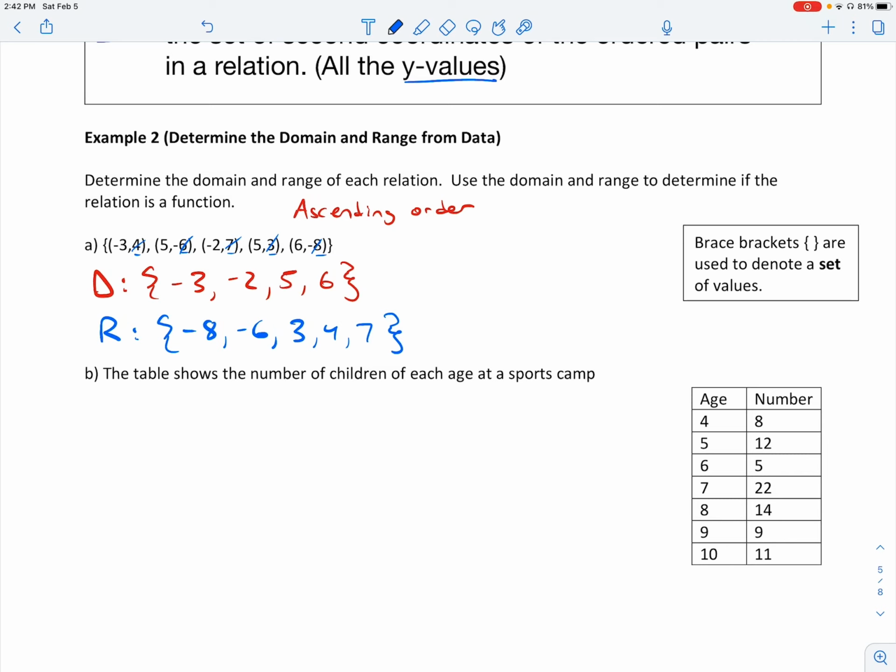Notice the range has one more element in it than the domain. When I say the word element, I'm just referring to the items or the numbers in here. So there's 4 in the domain and there's 5 in the range. What that means is one of these x elements, 5, points to -6, and it also applies to the 3. So 5 has 2 outputs. In terms of function, this means it breaks the rule. So we can say here, this is not a function